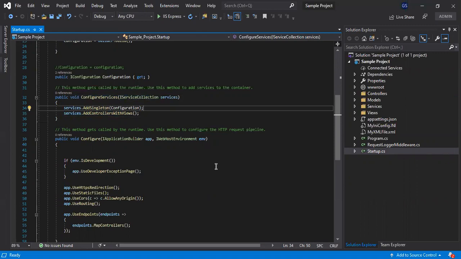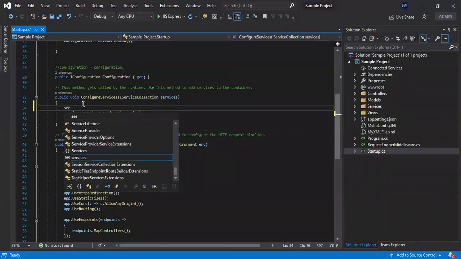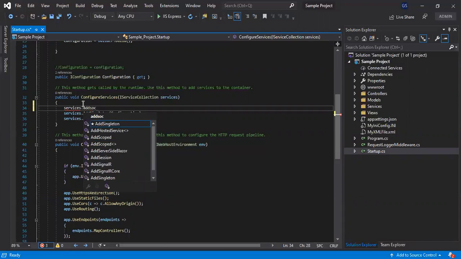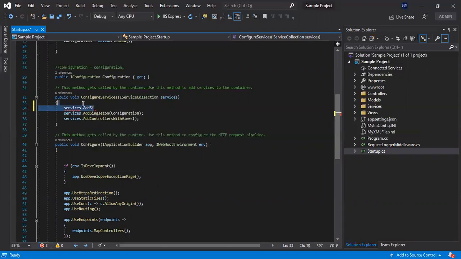As we discussed earlier, there are three lifetimes: singleton, transient, and scoped. Respectively, the service collection has an extension method for each. So AddScoped is there, we have AddTransient, and we have AddSingleton. These are the three methods created for the lifetimes.